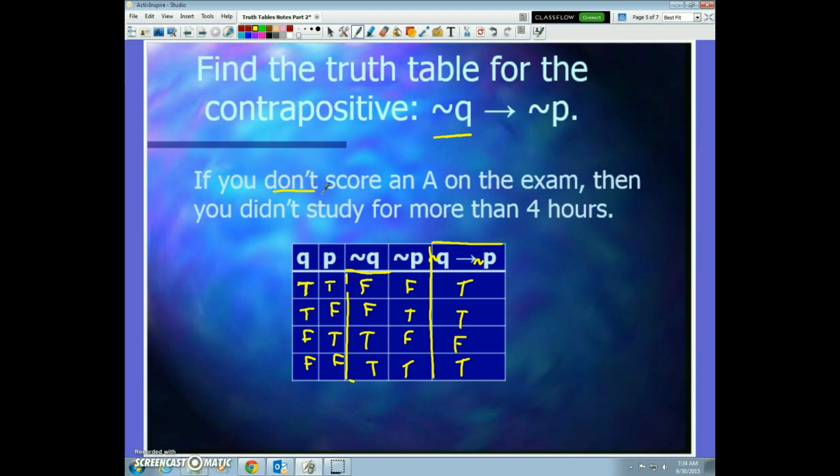But I will assure you, as long as you have any combination of trues and falses, it will be true, except the one exception. If your hypothesis is true, but your conclusion is false, then your if-then statement has a false truth value. Okay? So that is the big key right here, this little false. If you see a true false for your conditional, then